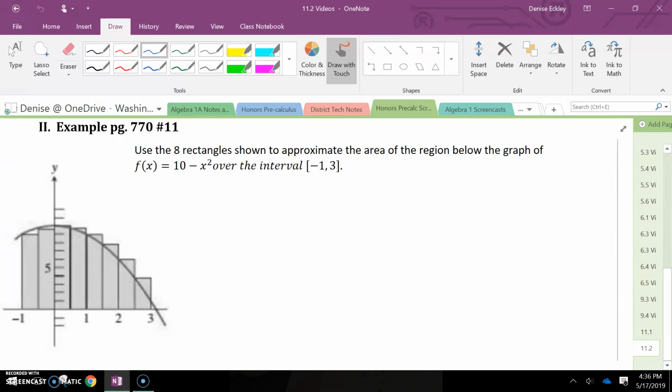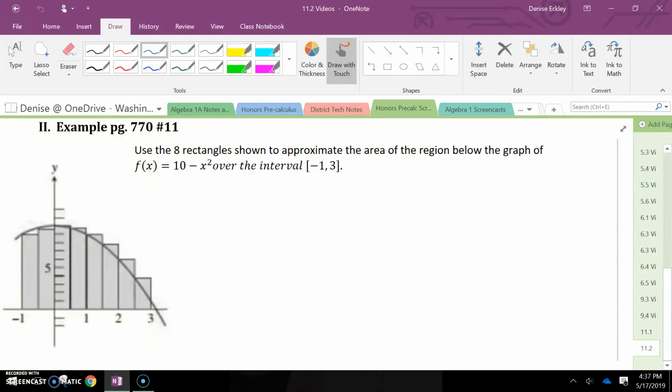Page 770, number 11. We're to use the 8 rectangles shown in this graph to approximate the area of the region below the graph, and the function that is there, the parabola, is governed by the quadratic equation f of x equals 10 minus x squared. And we're looking over the interval of -1 to 3 on the x-axis, and you can see that's where the